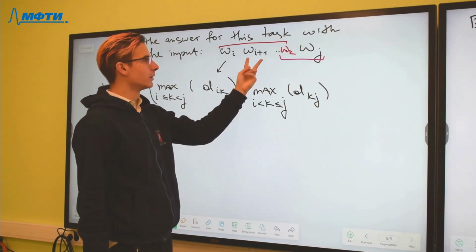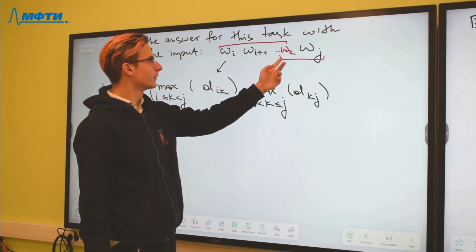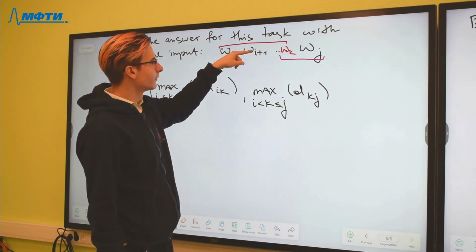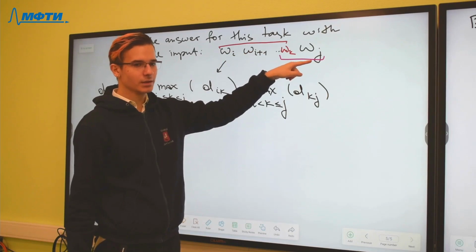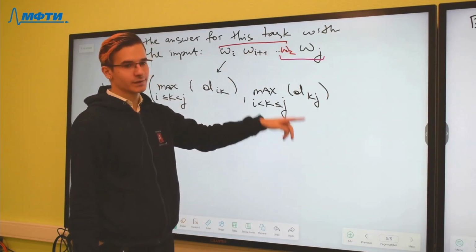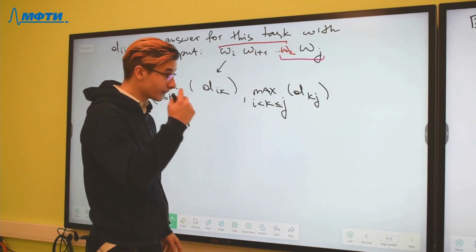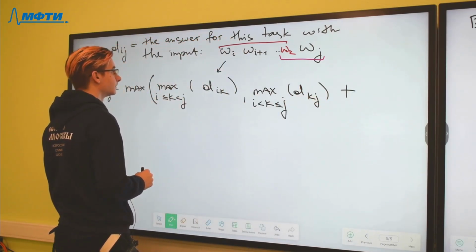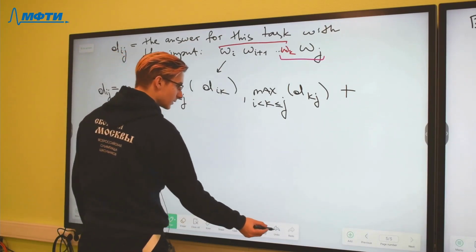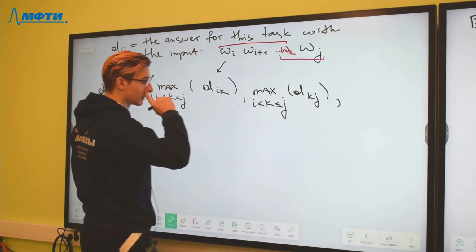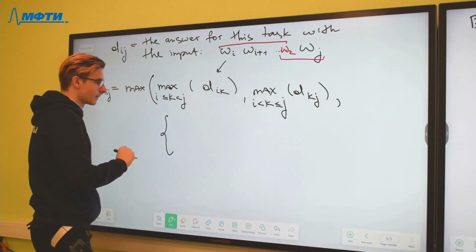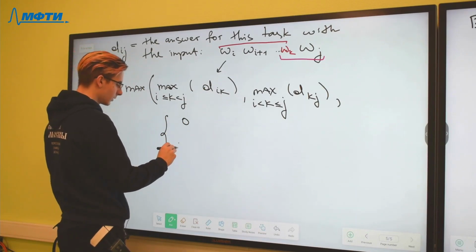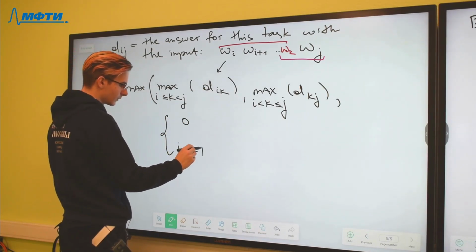When the answer for D[E+1][G-1] is equal to the difference between these numbers,